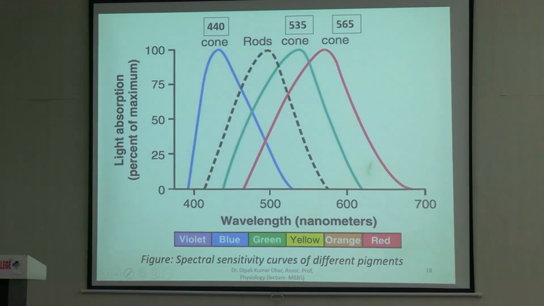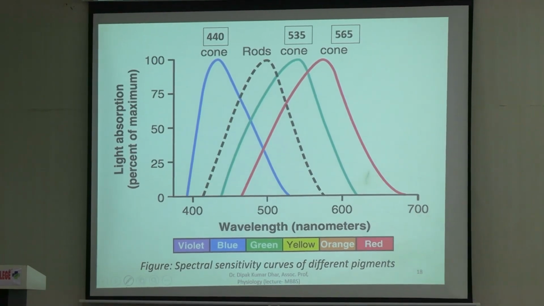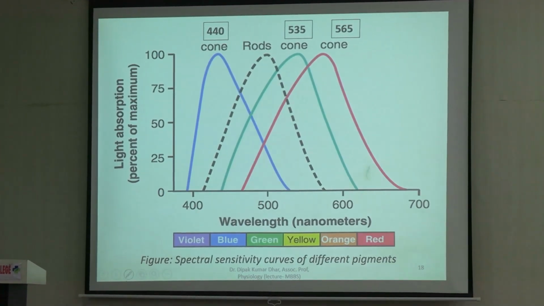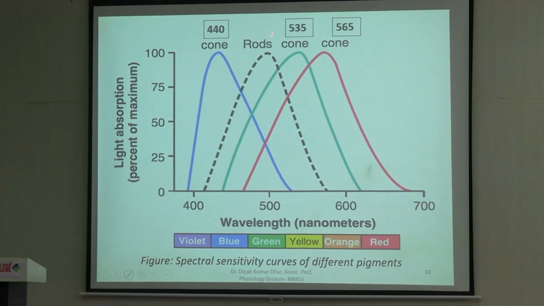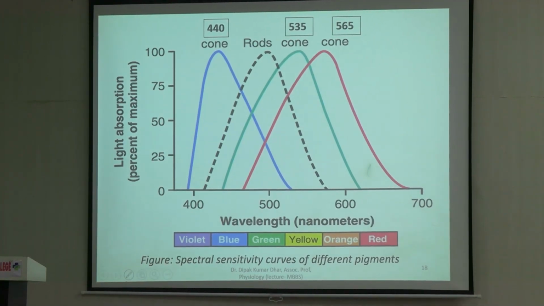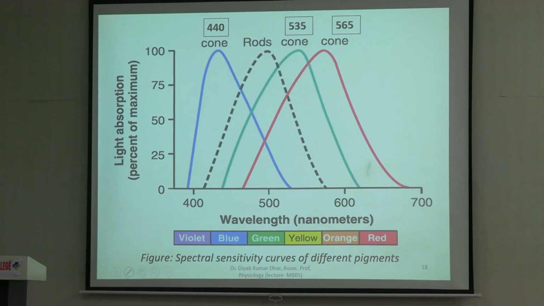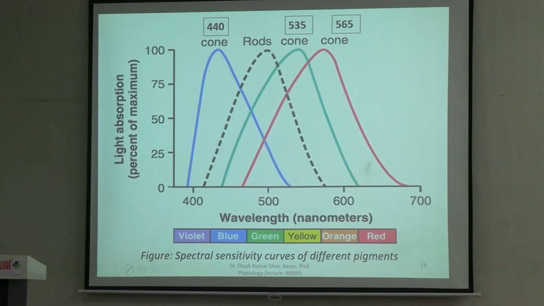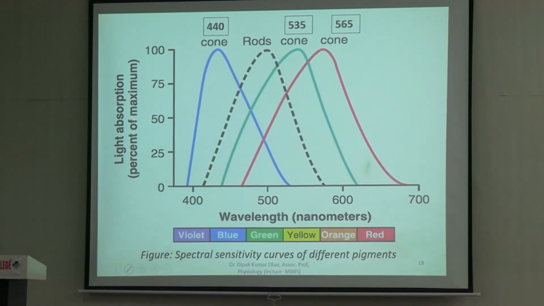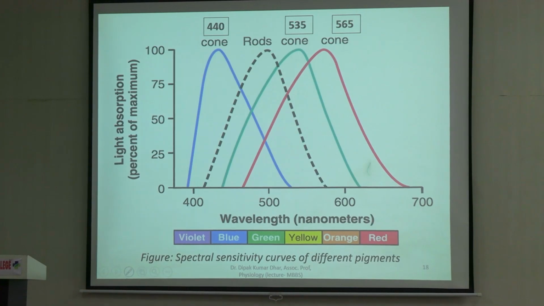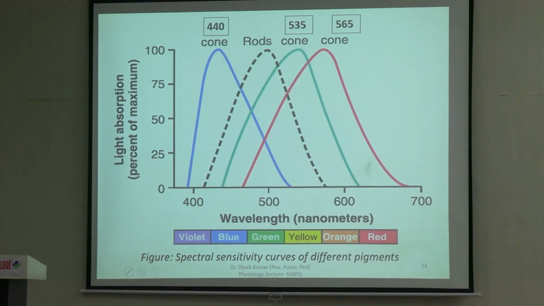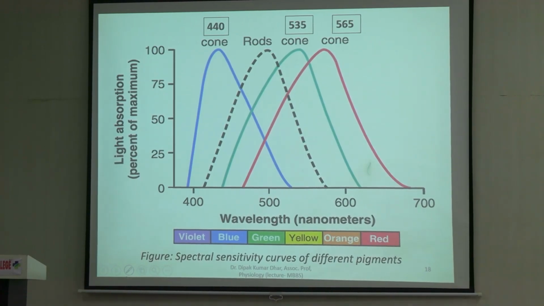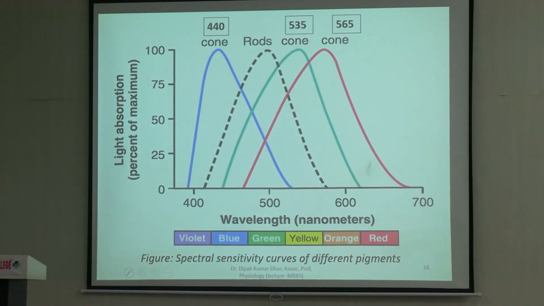Because of this difference in the pigments, we have three types of cones. The protein part का जो sensitivity है, that is what is different. Blue sensitive cones have their maximum sensitivity at 440 nanometers, and जो opposite end of the spectrum में है, the red sensitive cones are at 565 nanometers. So blue and red, these are the two extremes of the spectrum. Green का जो sensitivity है वो थोड़ा सा बीच में 535 nanometers के around.